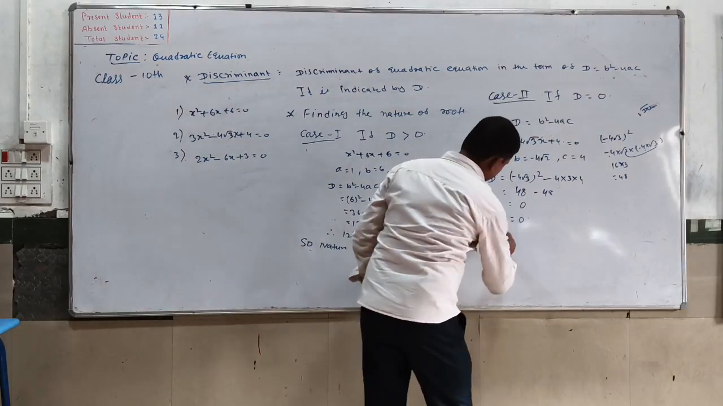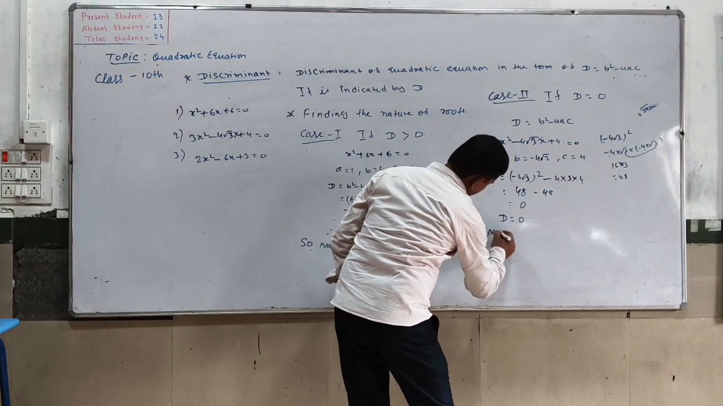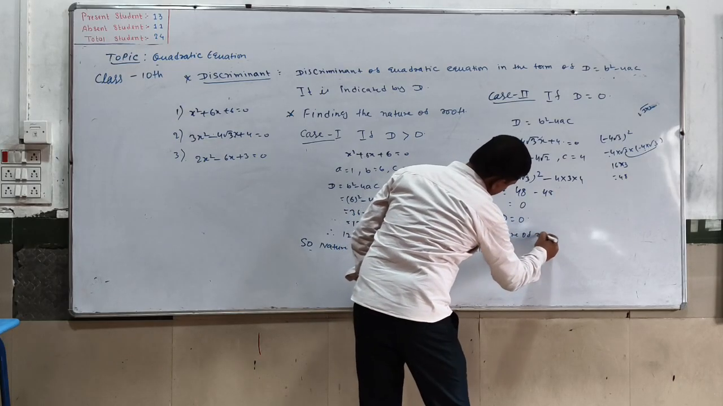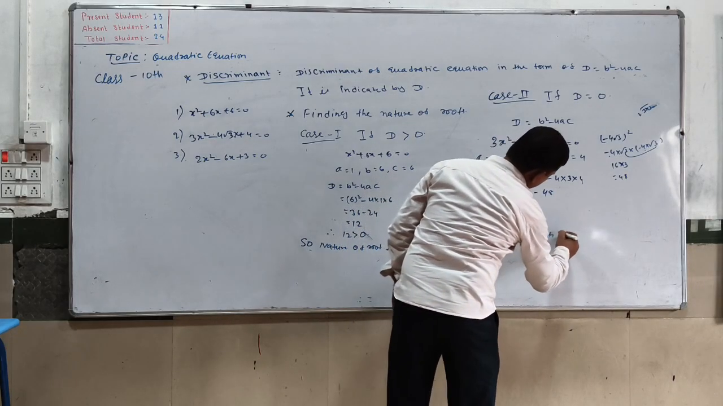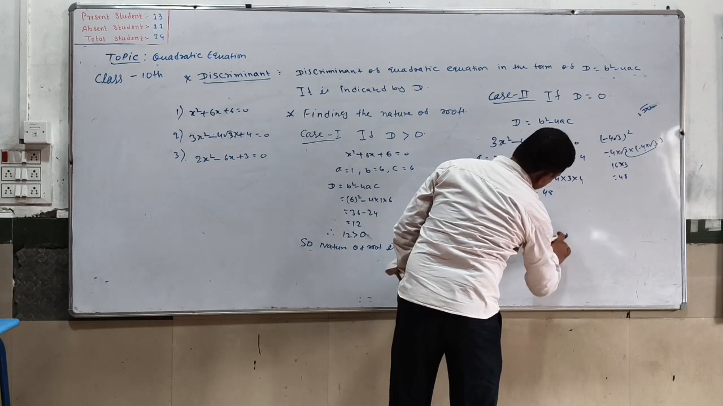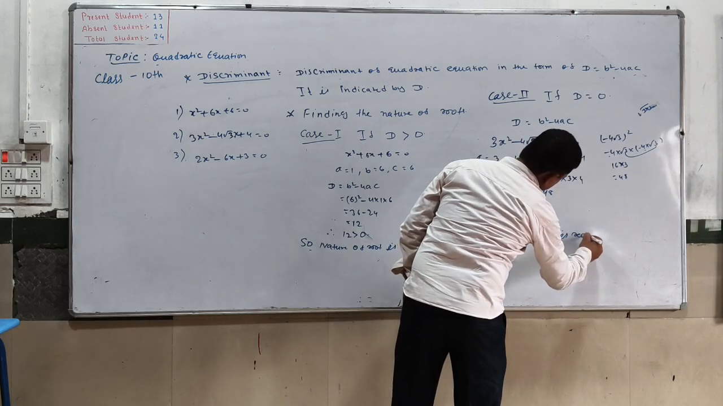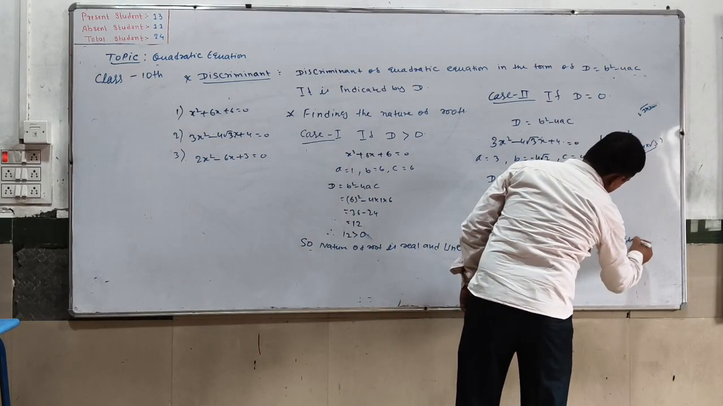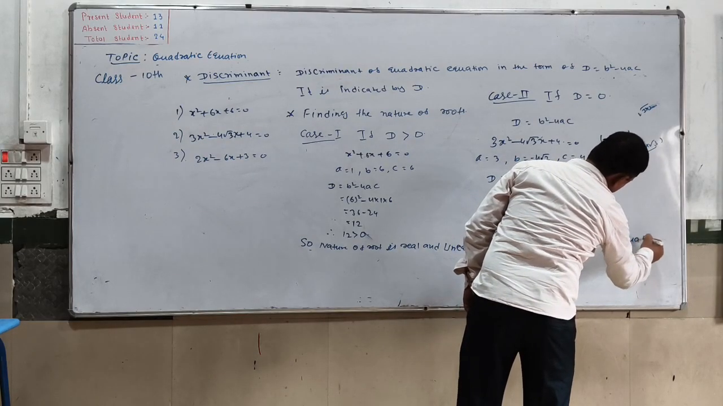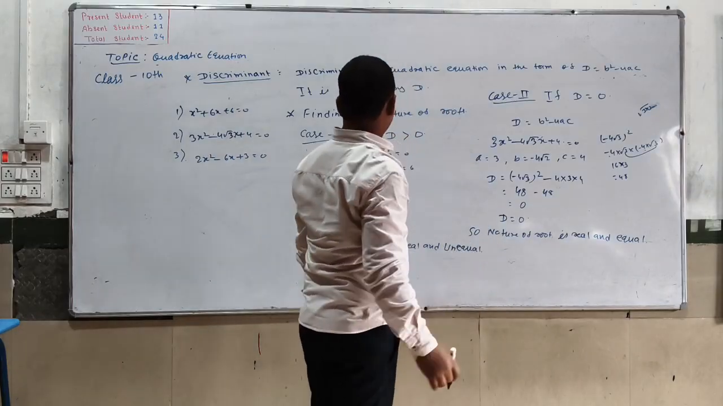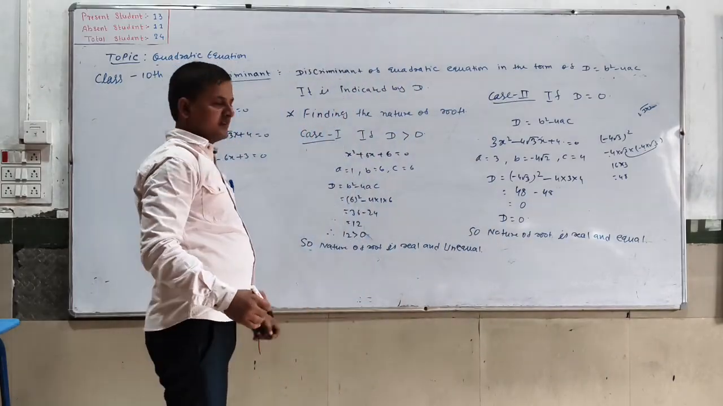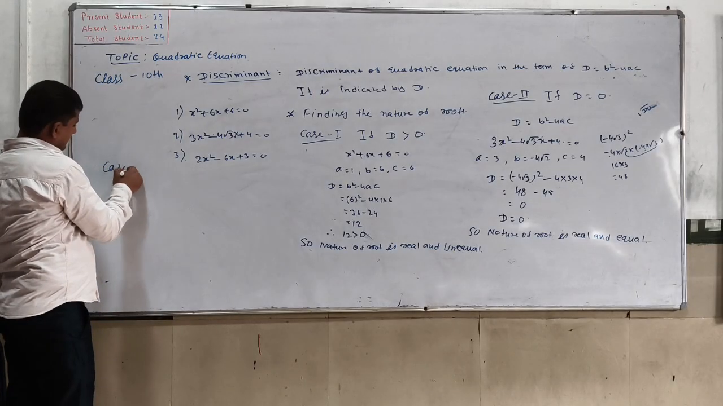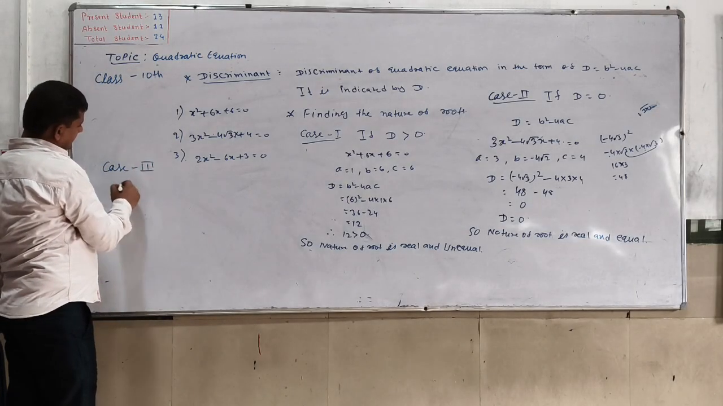The nature of roots is real and equal. Real and equal. And the third is the imaginary case. The third case is